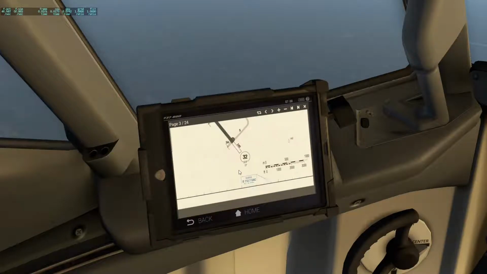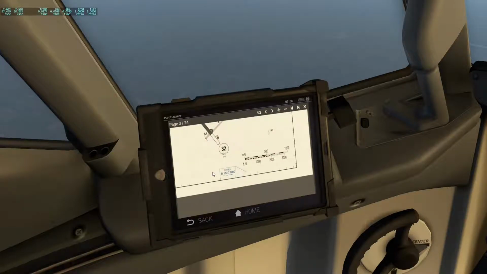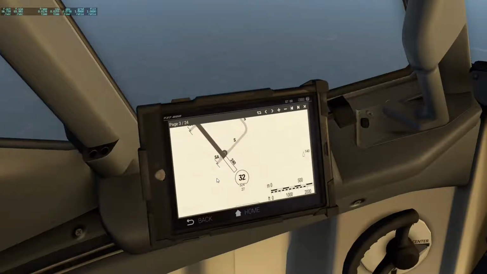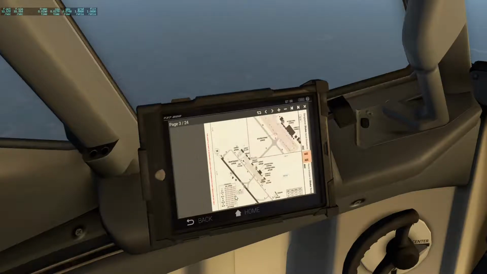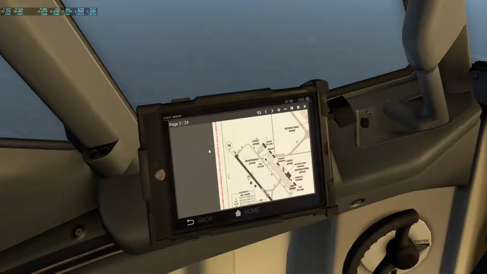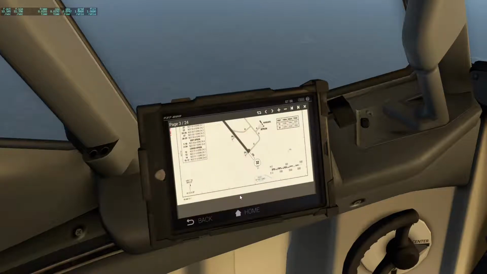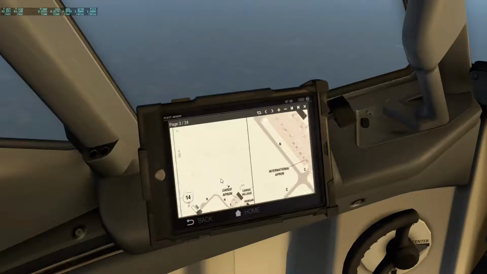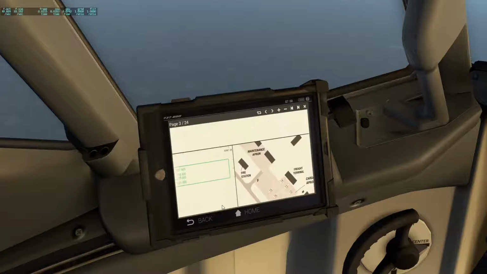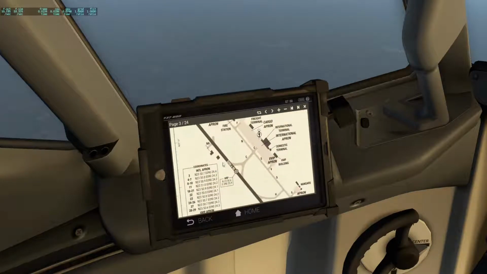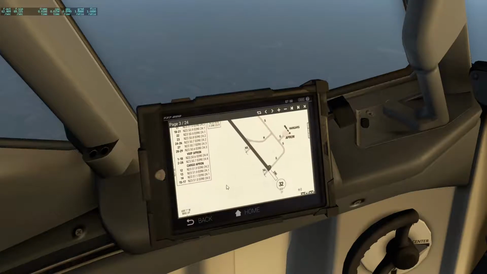Another important thing to look out for in any of the airports, I don't know if it's mentioned here, but most of the airports, it is the runway profile, right? If there is any elevation or slope in the runway, which helps you prepare on making sure that you land